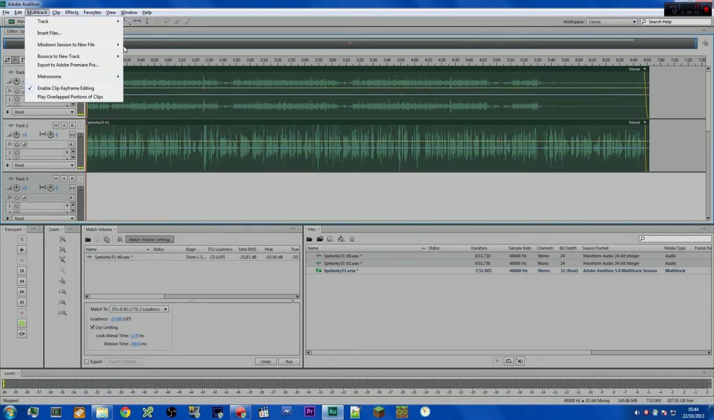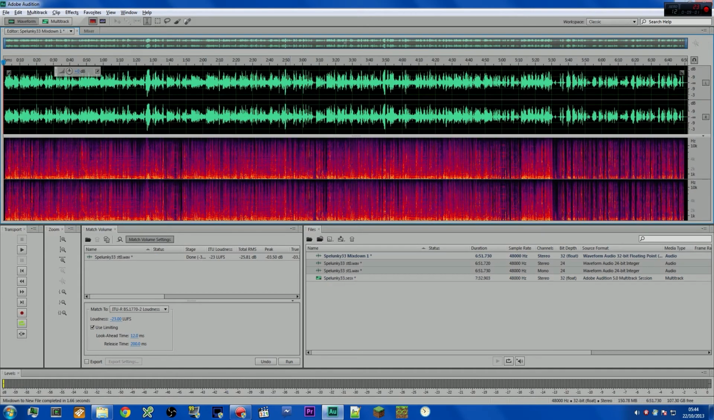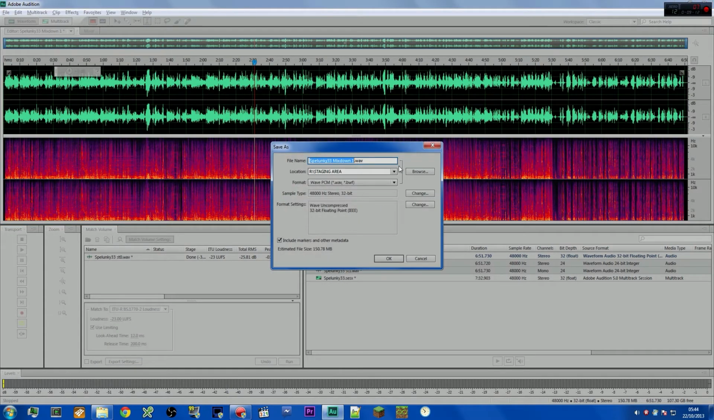What I do from then is I go to the multi-track menu, mix down session to new file, and entire session. And this mixes both those tracks down into one single file here. Now, what I do from here is I save that audio file, I save it into the